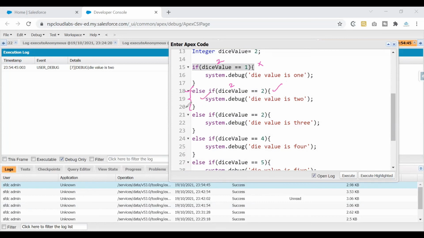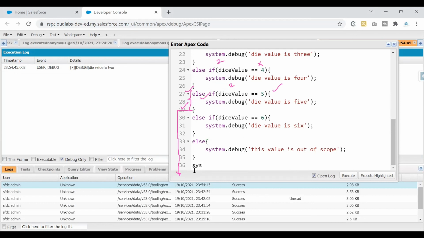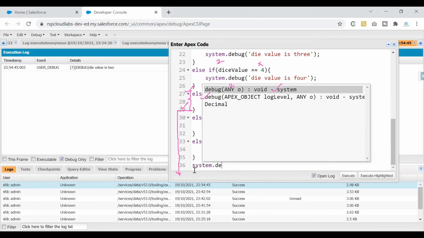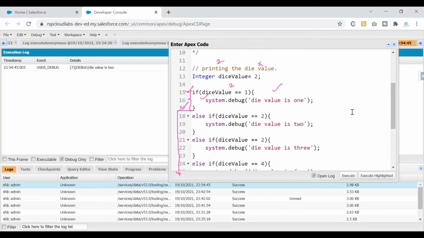Line number 19 has been executed. Line number 20 has been executed. So that is the end of our else if block. If the theory that I'm teaching you is correct, it would skip all the conditions that we have here till the else part, and it would execute the debug statement that I'm writing at the end. So this is what would happen. In order to test this theory, I'm just changing the condition on line number 21. It is an intentional change. I know it is not something we are trying to achieve, but it helps you understand how exactly our else if would work.